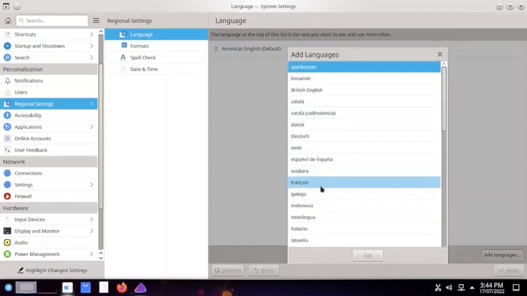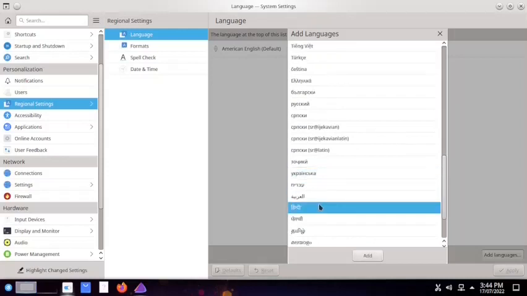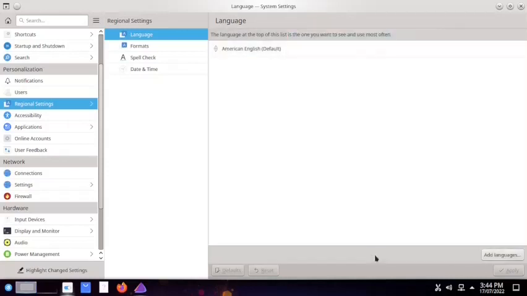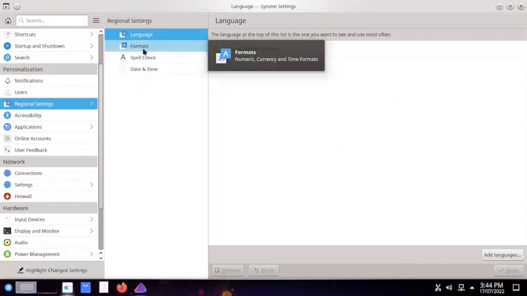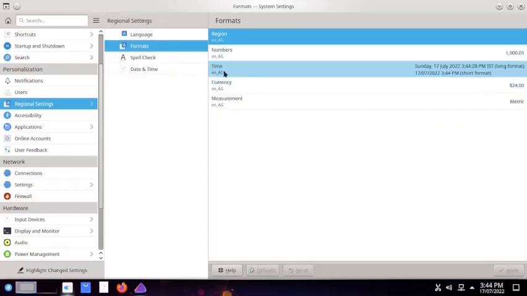Let us try to install Hindi. Where is Hindi? Okay, let us add Hindi. See if Hindi gets added. Let us go ahead. I think it will be added soon in the background. Formats, okay. Numbers is okay. Time is AG. So even I think the,